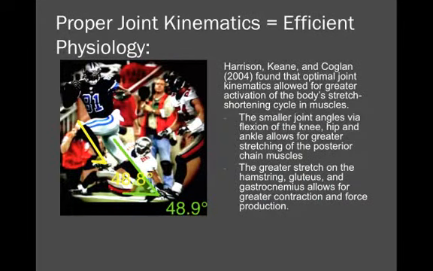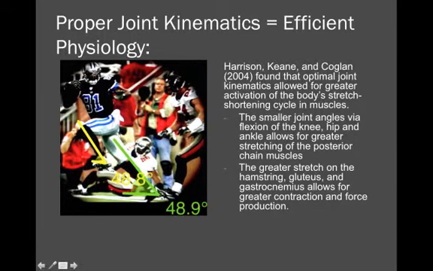Next little thing we'll go into is the physiology of acceleration mechanics. Harrison, Keene, and Coughlin found that the optimal joint kinematics created better stretch shortening cycles. As we saw in the first article, the Ansari article, you saw the joint angles and how they helped in greater movement. But as you can see here, the hip, the knee, and the ankle are all flexed. This creates a stretch on the posterior muscles, so the gluteus muscles, hamstring muscle groups, and the gastroc and soleus